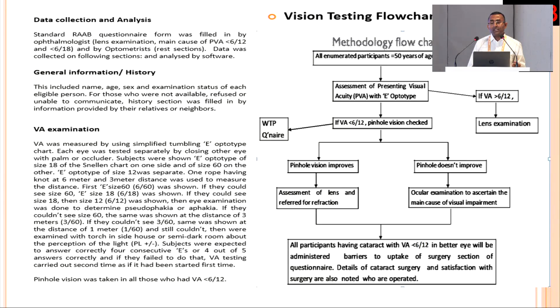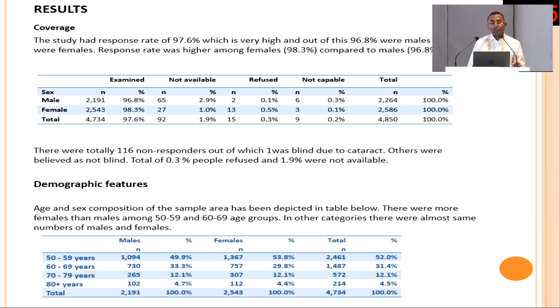So this is a vision testing flowchart where all enumerated people were examined. Whoever had vision better than 6/12, the lens was examined, and if less than 6/12, then pinhole vision, and then assessment of lens and other ocular comorbidities. And if vision is less than 6/12, we ask about the barriers, why people are not getting their eyes treated. So the results: the study had a good response rate of 97.6%,